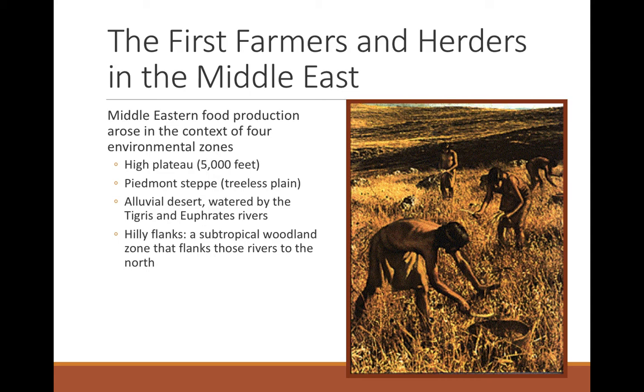The process of domestication started in the hilly flanks and the neighboring bordering areas, because these were the areas where we had these stands of wild barley, where we had large quantities of gazelles to hunt. And so it was in the hilly flanks that a group of sedentary foragers known as the Natufians were able to start to develop sedentism, followed by the origins of plant and animal domestication.